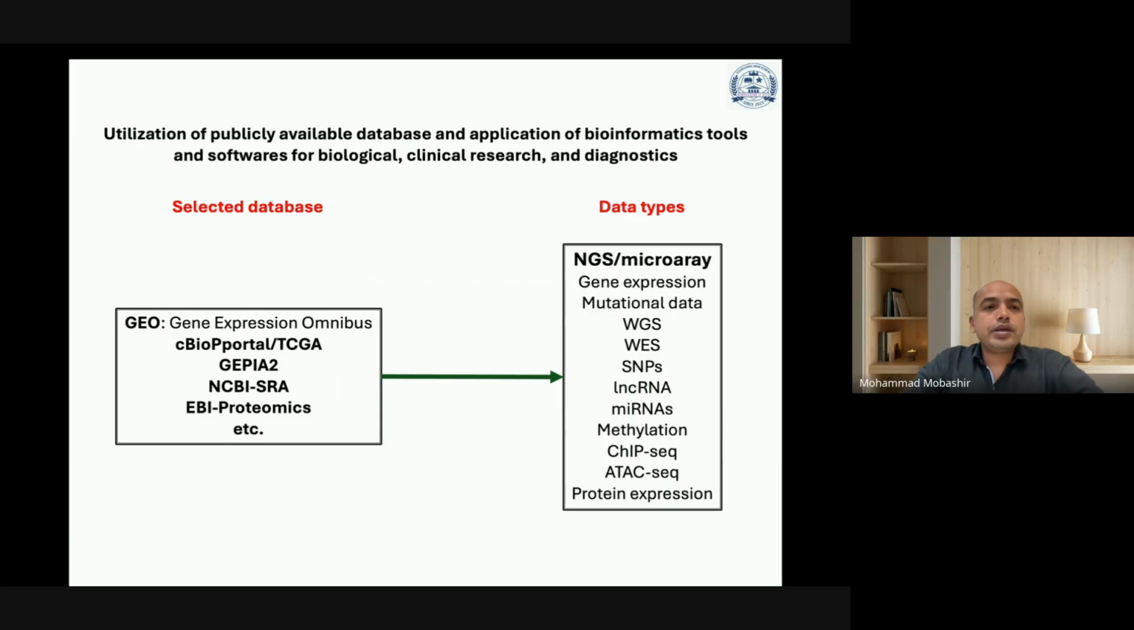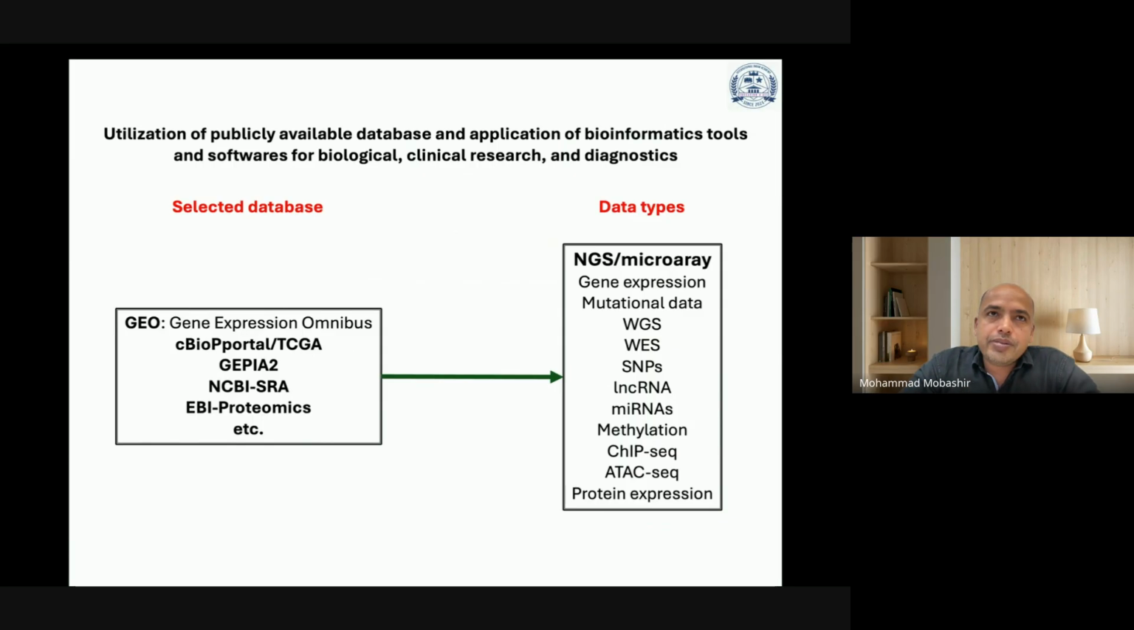So here the title is Utilization of Publicly Available Database and Application of Bioinformatics Tools and the Softwares for Biological Clinical Research and Diagnostics Purpose. The selected databases could be Gene Expression Omnibus, GEO, cBioPortal or TCGA, GPR2, NCBI, SRA, EBI, Proteomics. GEO contains the data